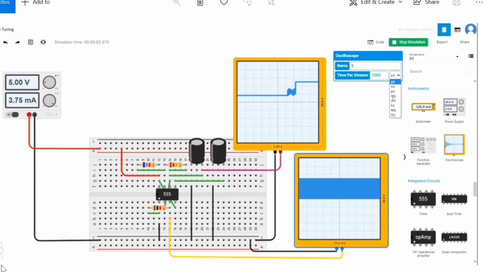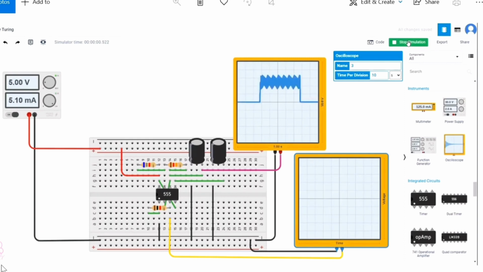Now we can change the option as seconds. No, so we can make some other time per division. Now, for example, shall we try it with 10? Oh, so the capacitor waveforms, it's a little changed. Again make a simulation. The variations of voltage, yeah, I am getting some waveform in the capacitor side. It is not a perfectly exponential rising and decreasing. Again chosen the CRO, making variations. Now get it with some 100 millisecond.